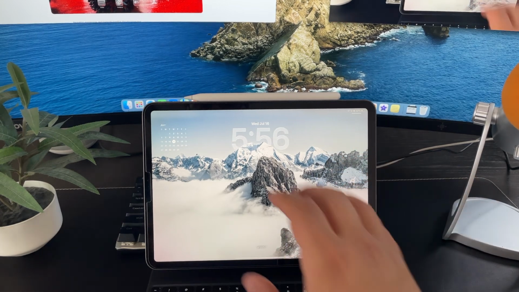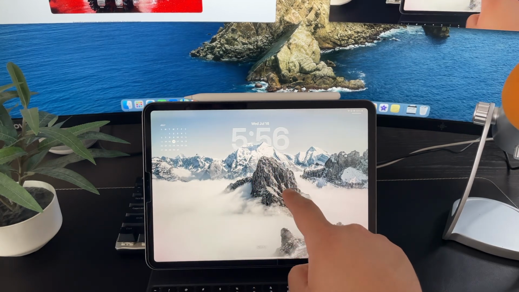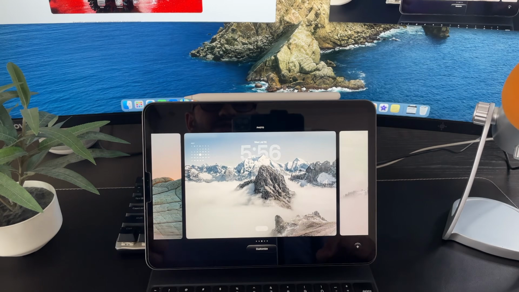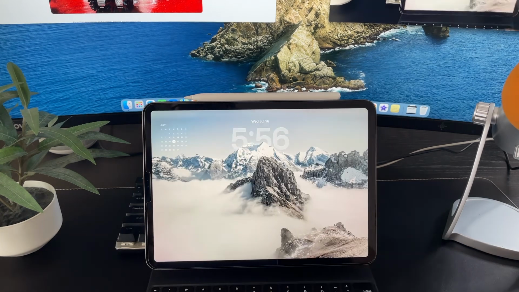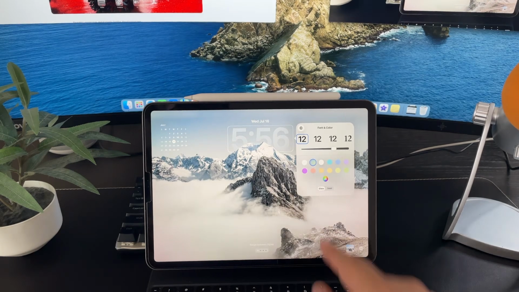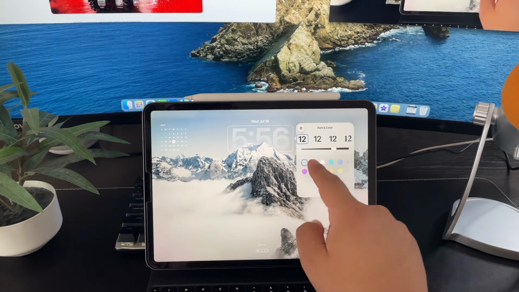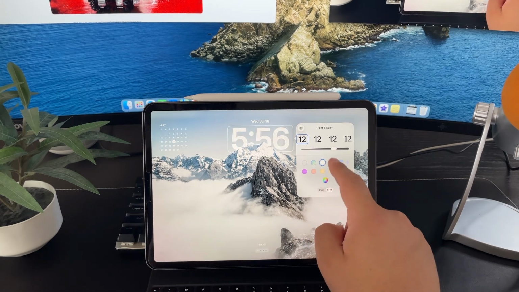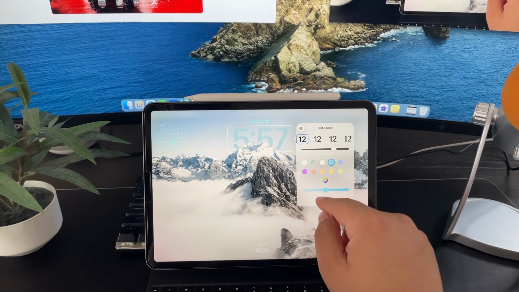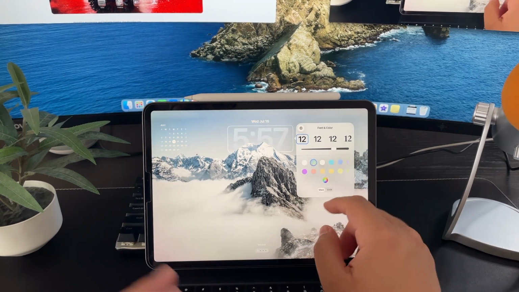in places where you can. So here for the home screen, it is now activated, and if you want to turn it off or we want to experiment with different colors, we can just tap on the home screen, hold on it, then press on customize. After we press on customize, we can press on the clock itself. Then we have two options here, glass and solid colors. We have solid colors for the previous ones that we had all that time. But if we go to glass, we can choose the glass ones, which are the new ones in the